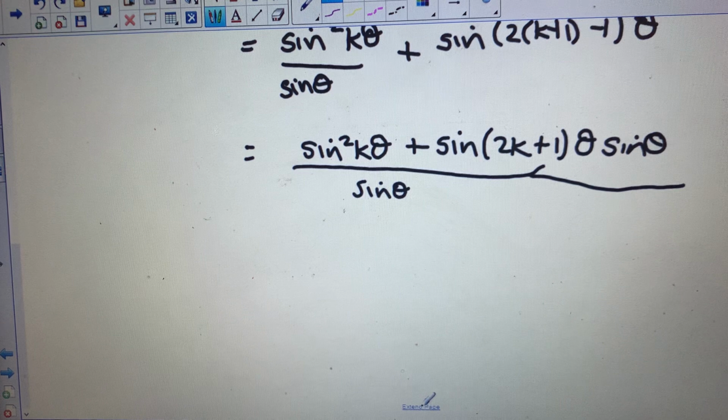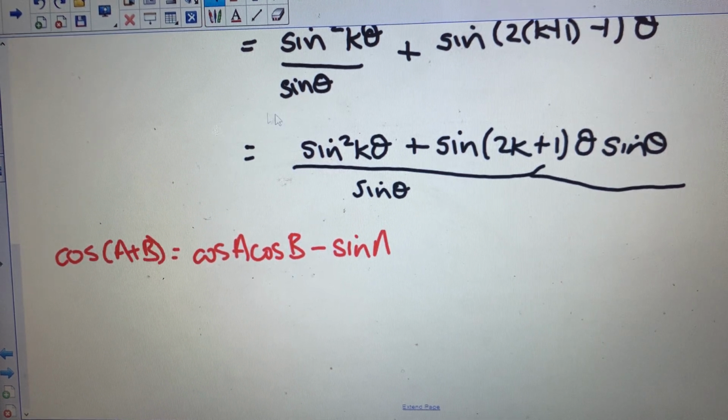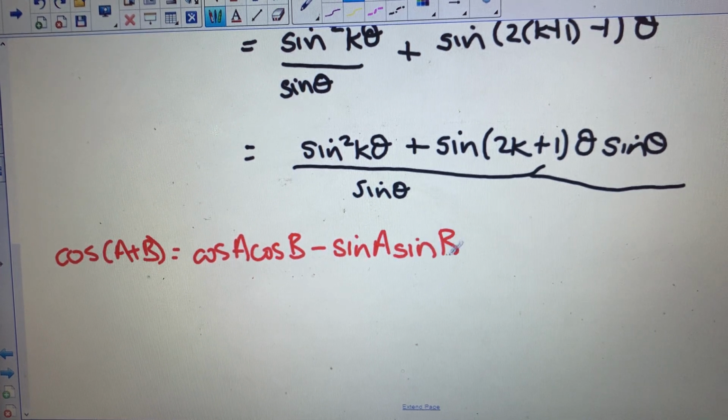The first identity I'm going to think about is the cos of A plus B, which I know is cos A cos B minus sine A sine B. I know the identity. I'm going to have the sine of A plus B,